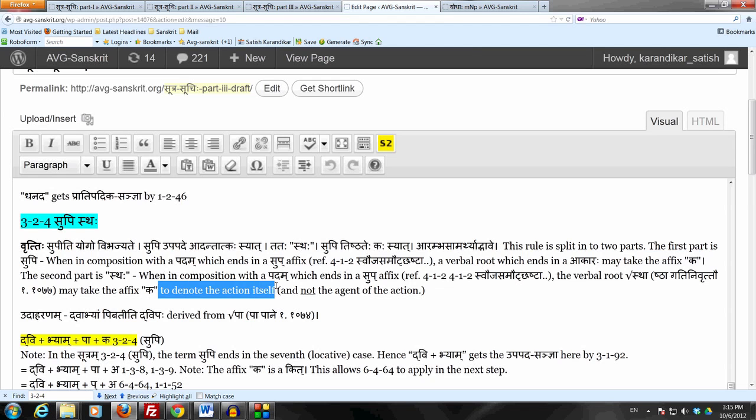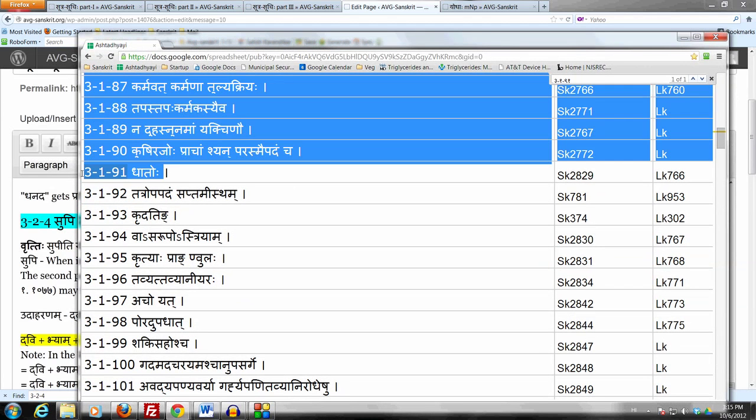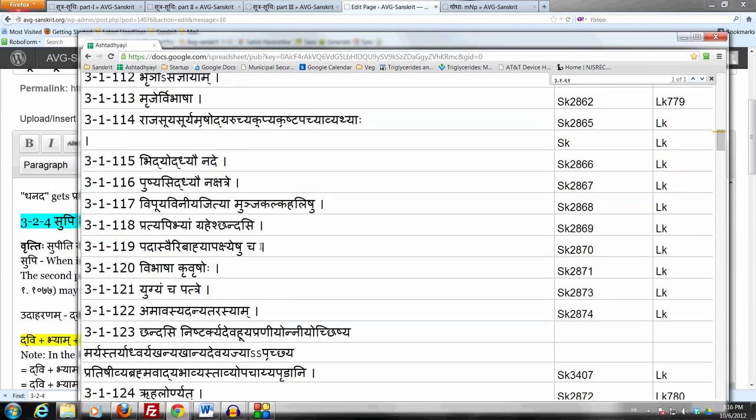What is bhave? See, in general, when Panini prescribes an affix, a pratyaya, and doesn't give the artha nirdeshaha, doesn't give a meaning in which this affix is to be used, then it becomes swarte. Swarte means without changing the meaning. Now, this affix is being prescribed after a dhatu. When you say swarte, in the case of a verbal root, a dhatu, what can it mean? It can mean just to denote the meaning of that dhatu. The meaning of dhatu means the action conveyed by that dhatu.